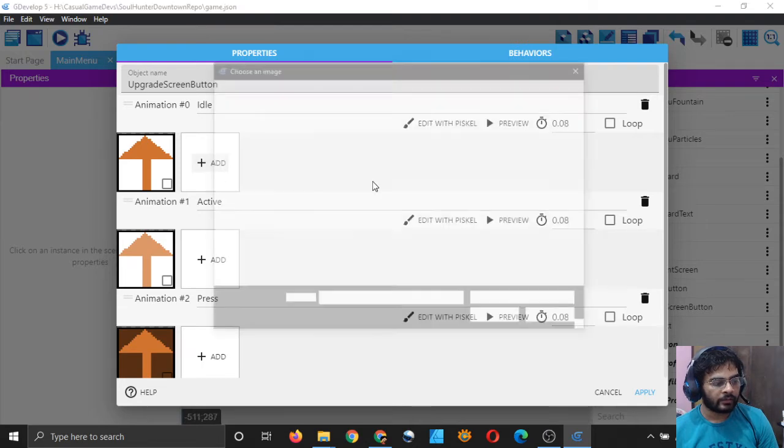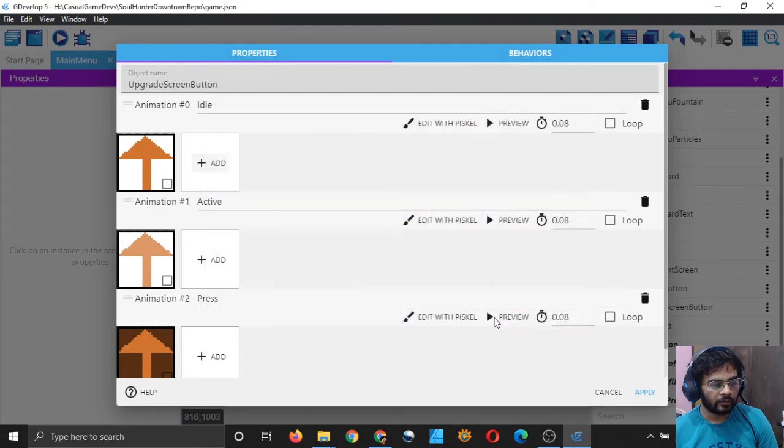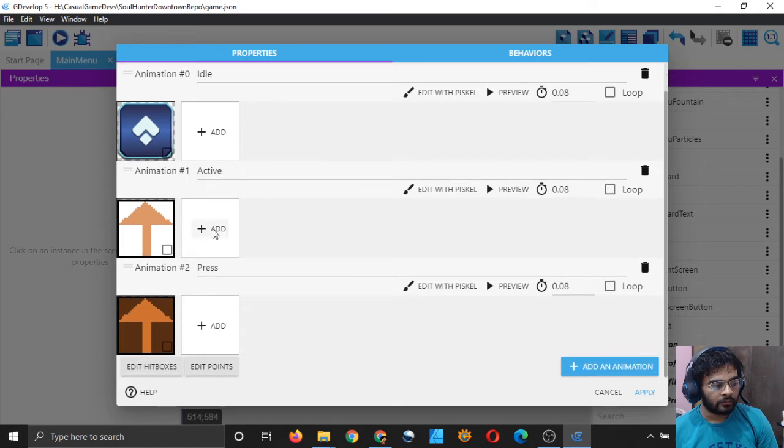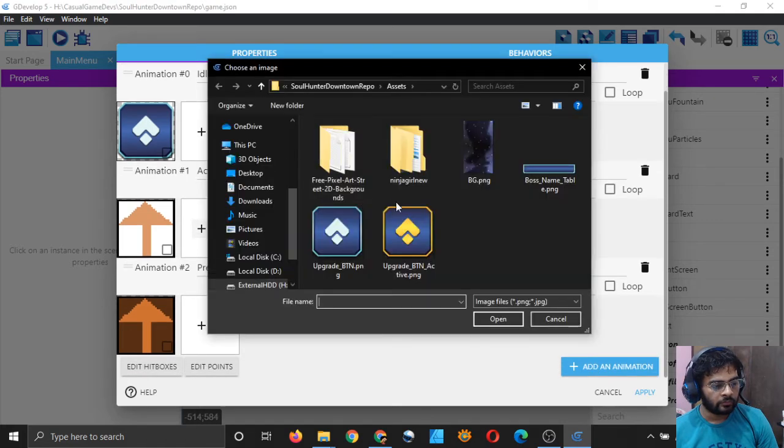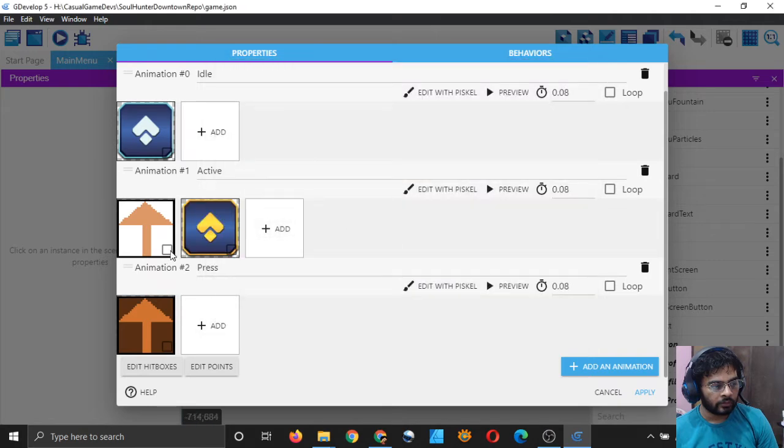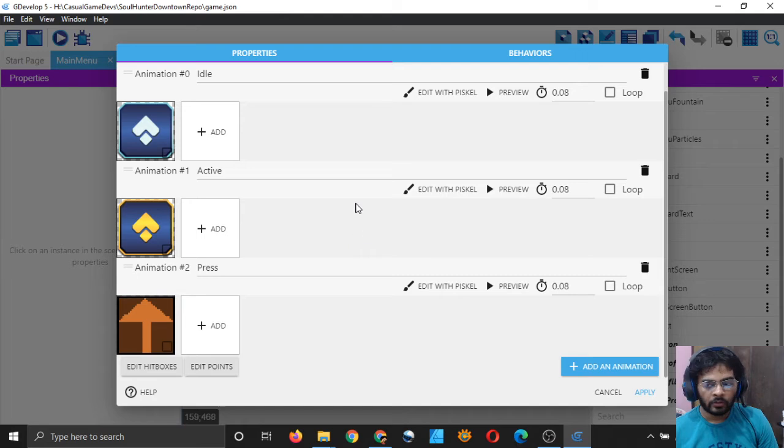So you can simply add your regular one in the idle and delete this one, and then in the active add your active one, delete this one, and in the press, don't delete the press animation, just simply add the idle one. If you don't have the animation for something, you can simply add the default one under that animation.